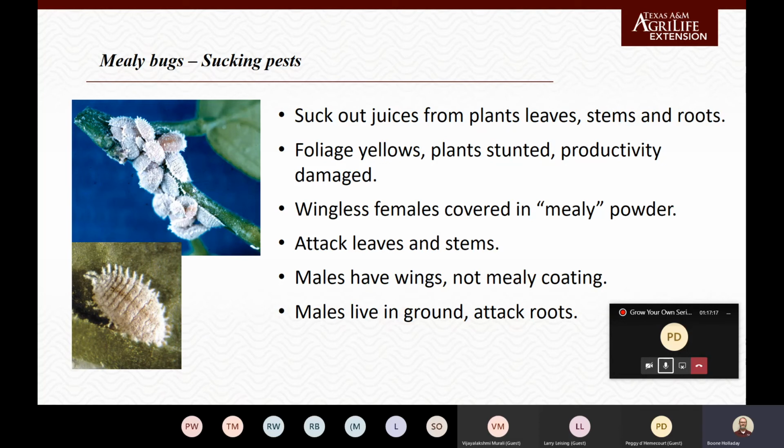In this case, the mealybugs here, they cluster up together, and it looks like you've got a kind of cotton in little corners and little nooks and crannies of those leaf nodes. Something to look for. And again, they just sit there in their clusters and suck on the plant,